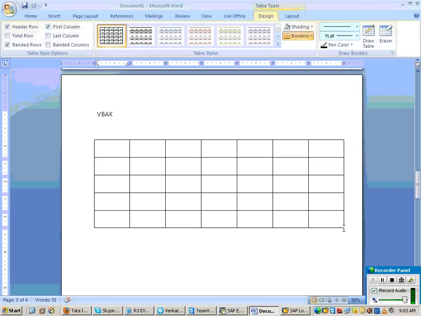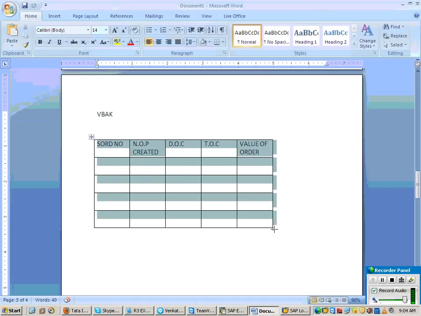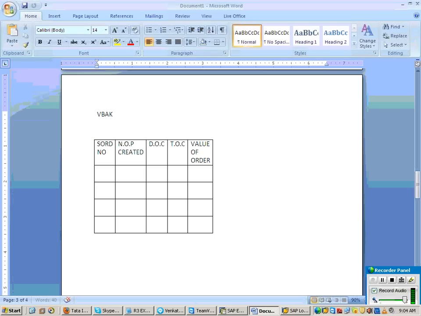It consists of, suppose, your order number, then the name of the person who created the order, then the date of creation, then some time of creation, and the key figure, the value of your order. So this is your sales order header table.